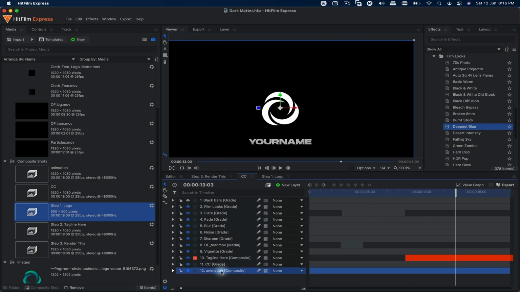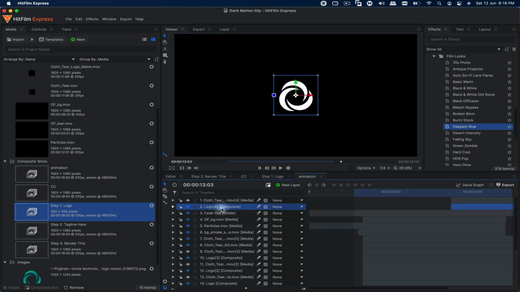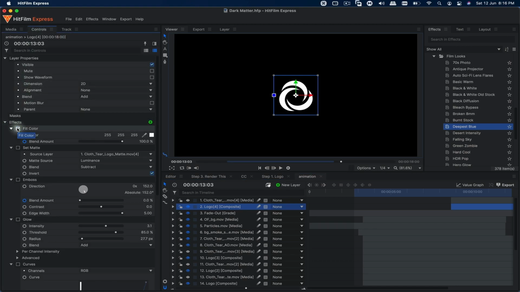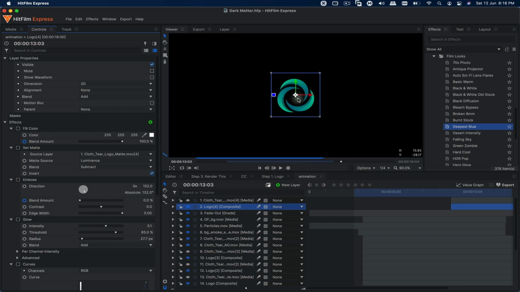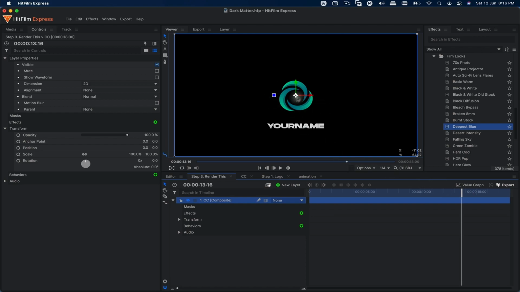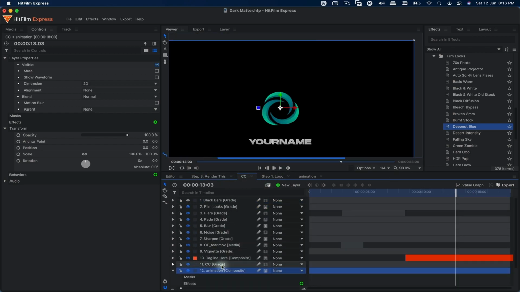So there is a way to disable that. So if we go to the animation comp over here, double click on that, and at the top you will see logo for comp. Just go to controls, effects, and you can turn off the fill color and you will get back your main or the original logo color. So render this, go to the end, you will see the color over here,